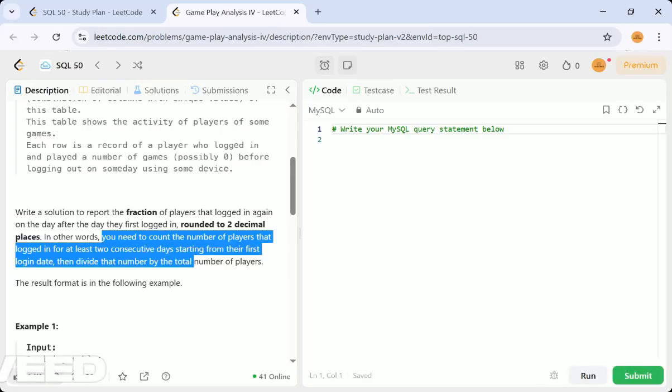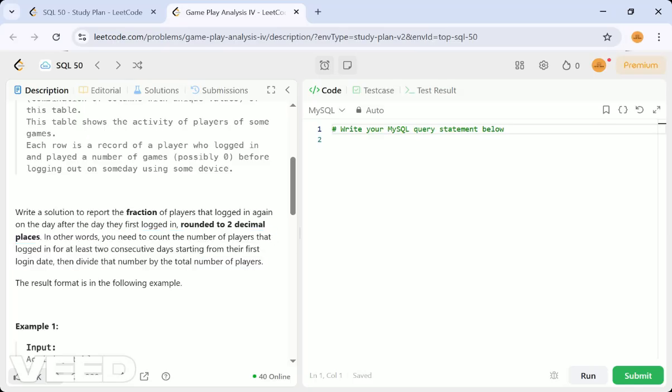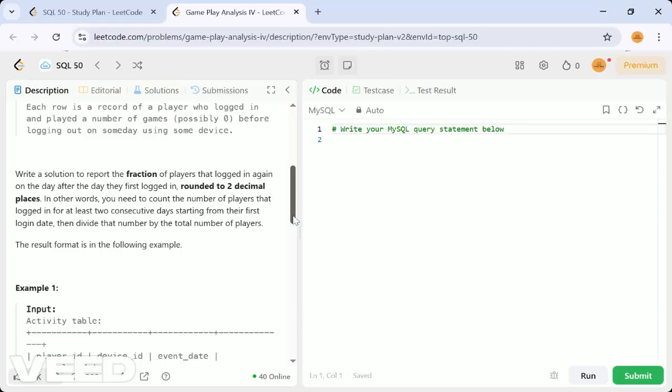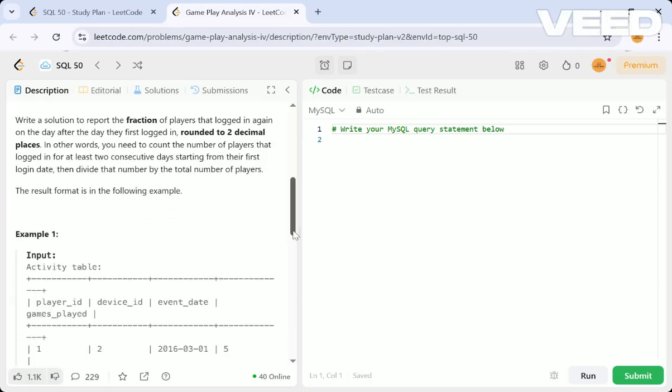So we have to count how many players we have and divide with that. If one day you log in and the other day also you log in, that is a consecutive login. So the consecutive logins divided by the number of players we have: how many players did consecutive logins and how many actual players are there, they want the fraction of those. I hope you have understood, right?